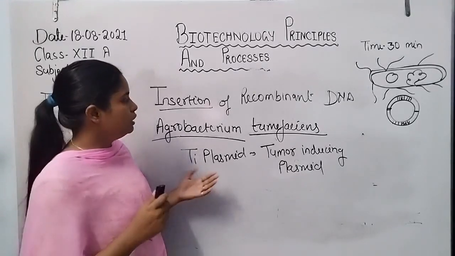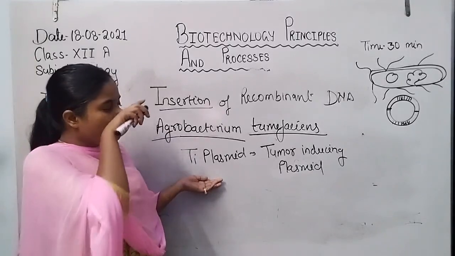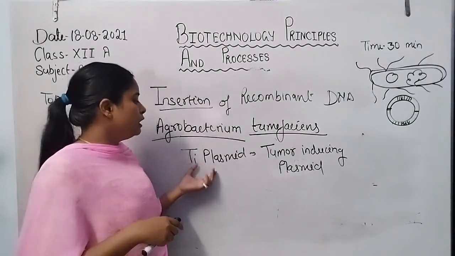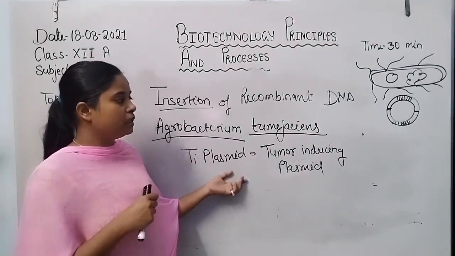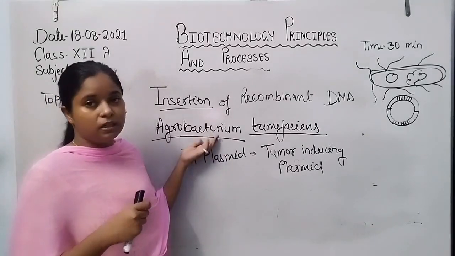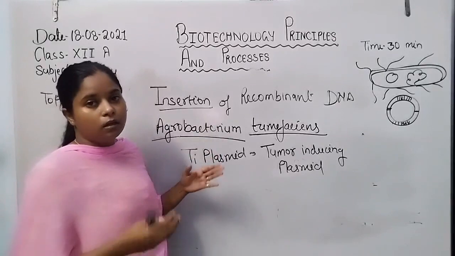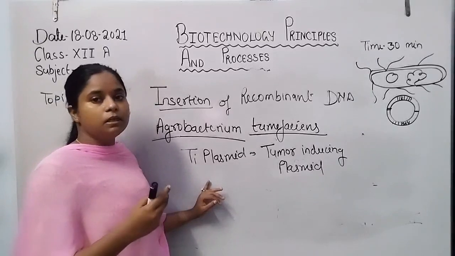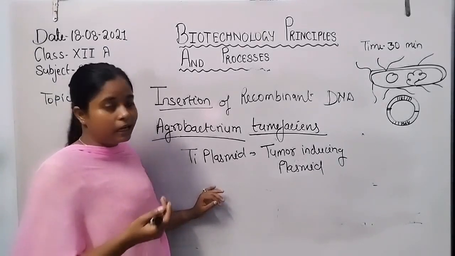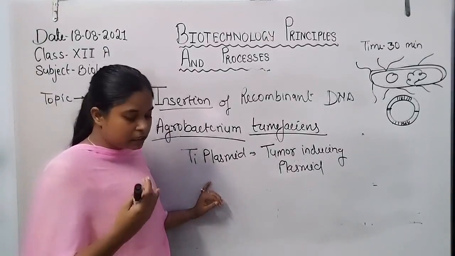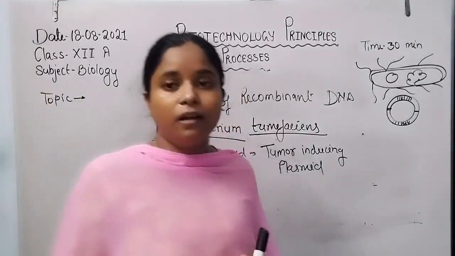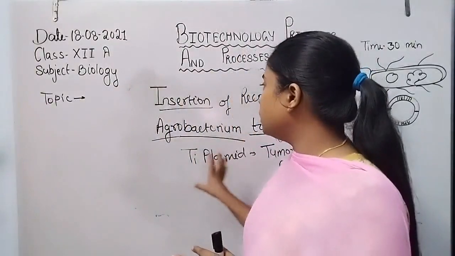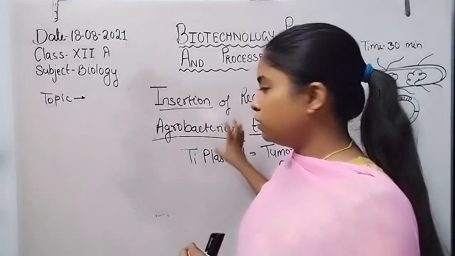So how do we use this in biotechnology, in the insertion of our desired gene into the host cell? We use their TI plasmid, introduce our genetic material, then transfer it into the Agrobacterium. Because they are parasitic, they introduce their TI plasmid into the plant cell. So whatever we introduce in the TI plasmid, the plants are able to synthesize that type of protein or enzyme. So overall, these are helpful in the insertion of our genetic material into plant or animal cells.